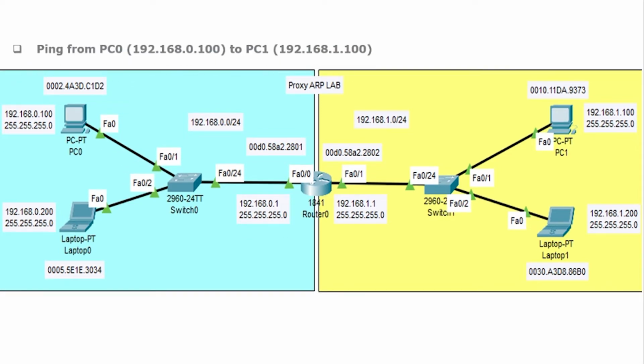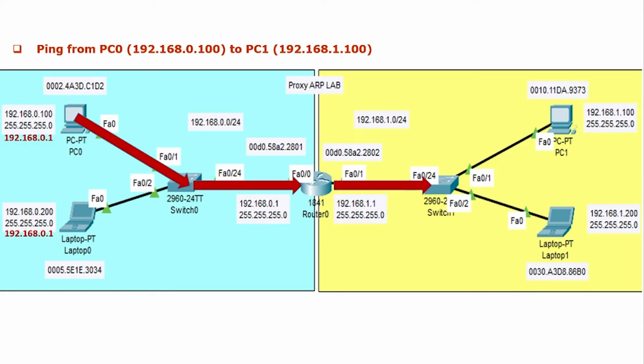Ping from PC0, that is 192.168.0.100, to PC1, that is 192.168.1.100. Now these are two different networks we are trying to ping, that is, we are trying to check layer 3 communication. So the system will forward the frame to the switch, the switch forwards the frame to the router, then the router looks at the default gateway to forward the packet.